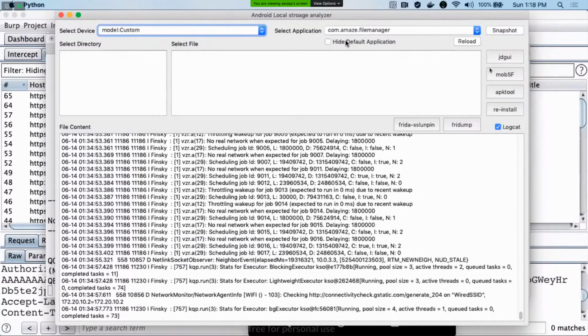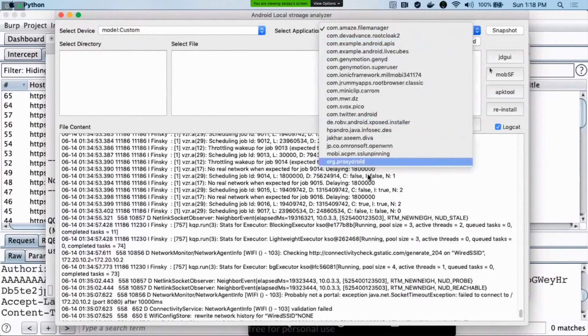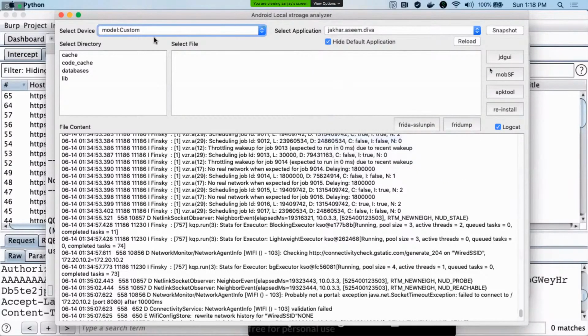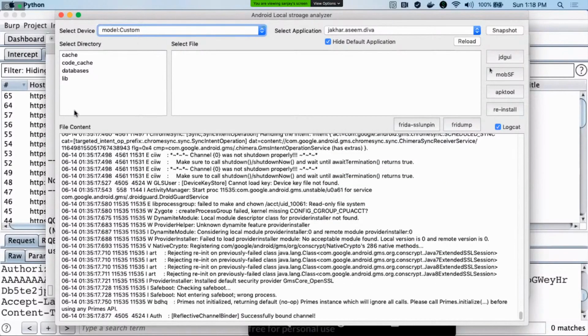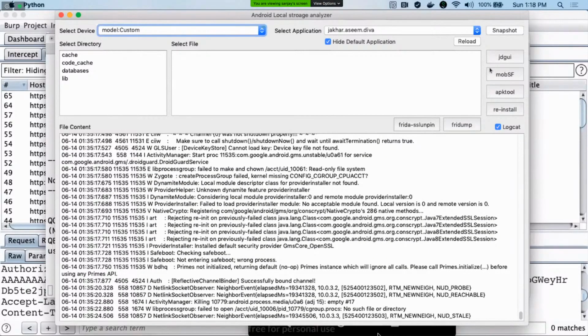So let's analyze the Diva file. When I click on hide default applications, it will trim this list and hide all the default applications. When you click on this link, it will list all the directories inside the sandbox. Let me open it.